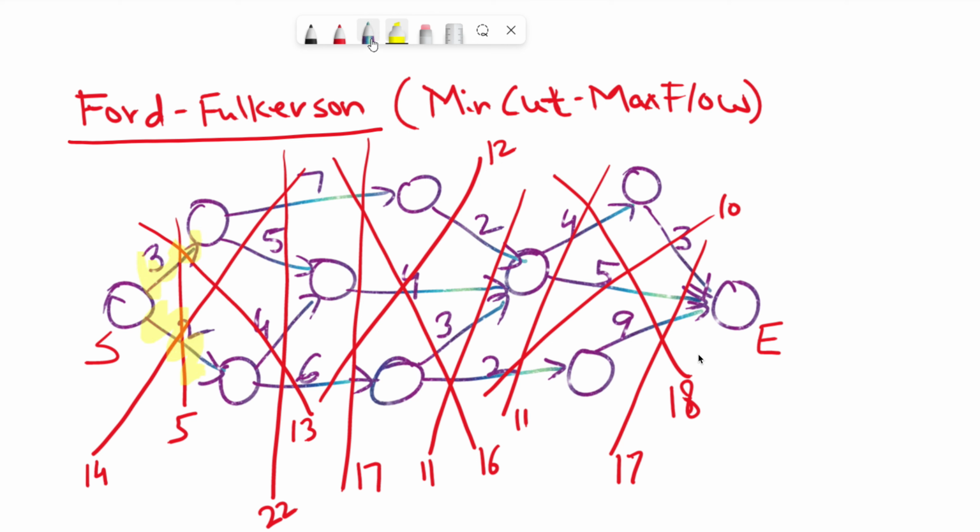So let's say you increase and you say that we're going to update this particular weight from 2 to, let's say, you improve this particular road and made it 7, let's say. And so if you increase the capacity of that and make it 7 from 2, you can do an upgrade. All of the min cuts that pass through this will get upgraded by 5 points. So this will go up to 10, and this one will go up from 14 plus 5, so this one will be 19. This one will be